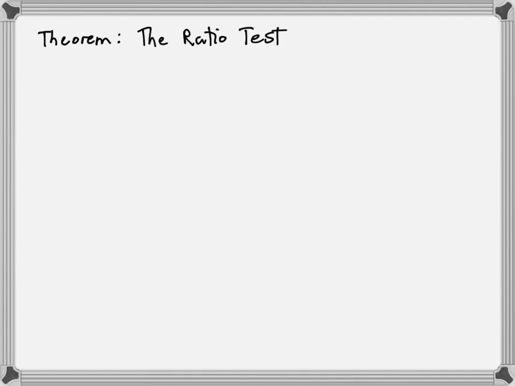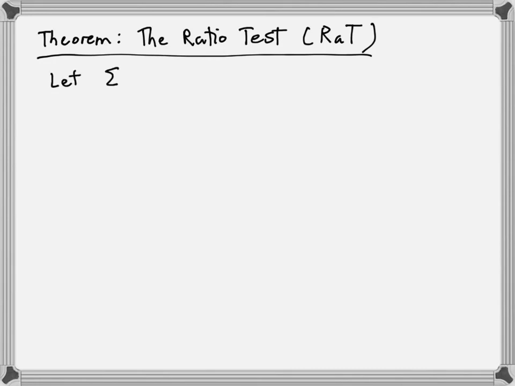I usually abbreviate the ratio test like this. I use the letter A in there because there's going to be another RT. So this is going to be called the ratio test. Consider, so let this guy be a series, and suppose that the limit as n goes to infinity of a_{n+1} over a_n